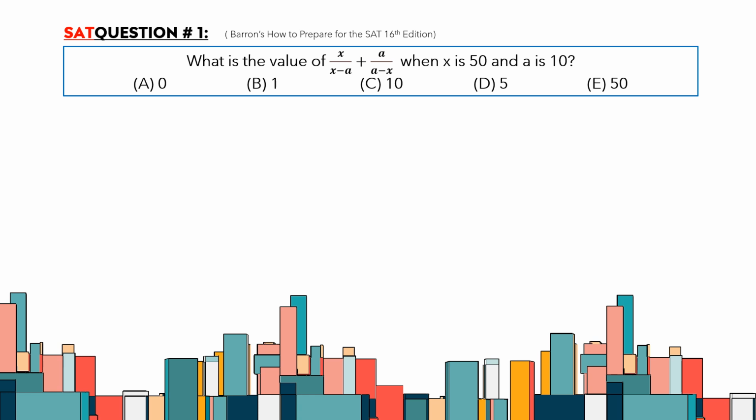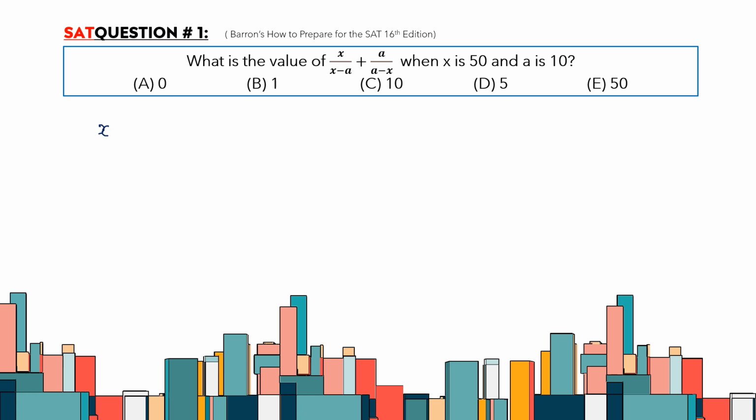So usually we can plug in x equal 50 and a equal 10 in the expressions, but we can have a shortcut when we check for the denominator different from 0, because x is 50 and a is 10, so 50 minus 10 is 40, and also 10 minus 50 is negative 40, so the denominator is different from 0. We noted that the two fractions will have the same denominator when we